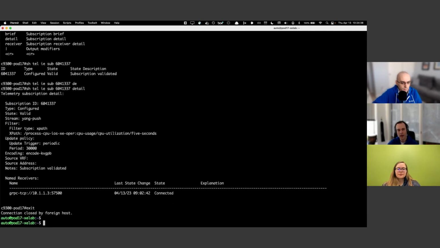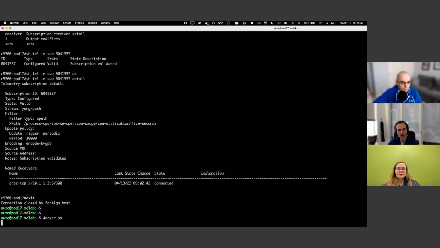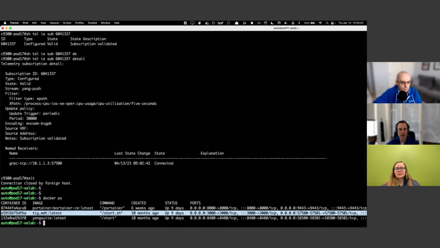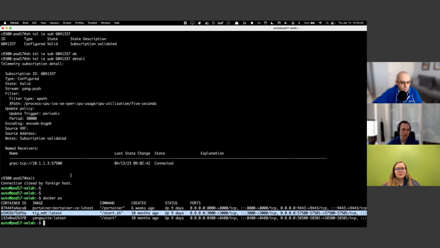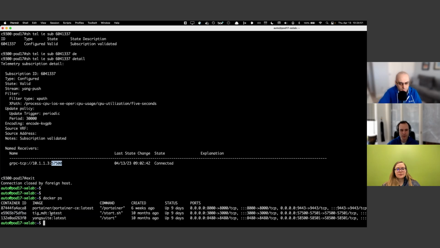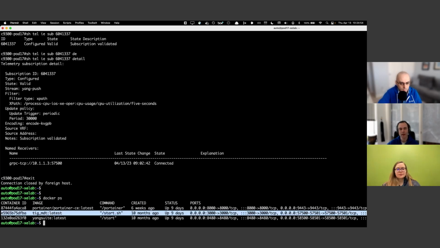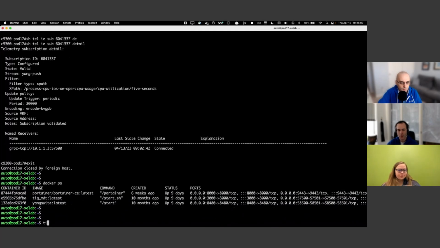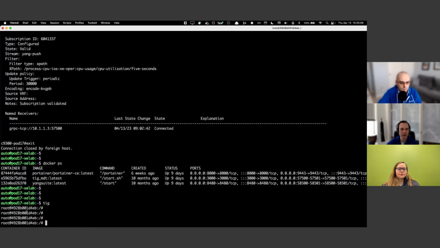We can get out of here, and let's go into the actual Docker container where this data is being collected. So we can see from the show that we're sending the data on port 57500, and you can see from my docker ps that I've exposed port 57500 into my telemetry container. So when we get into this container, we'll see data from the switch inside the container. Right, so I'm going to hop into the container,